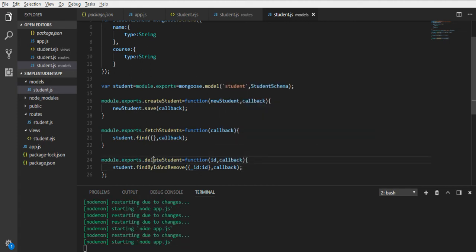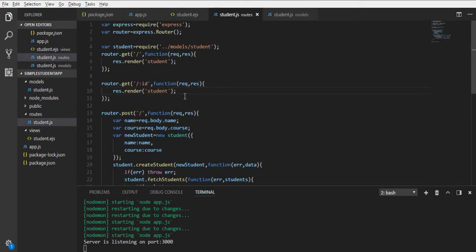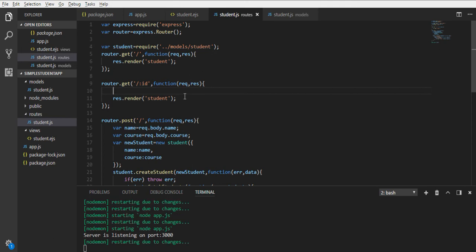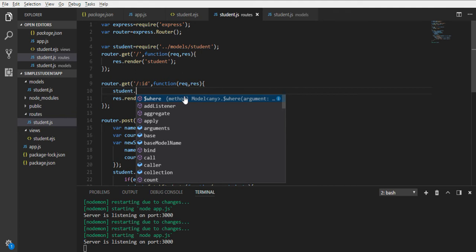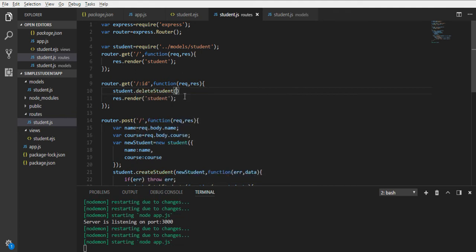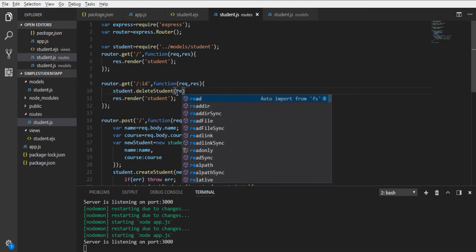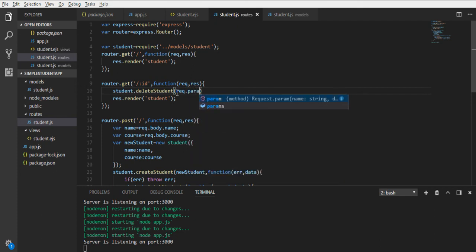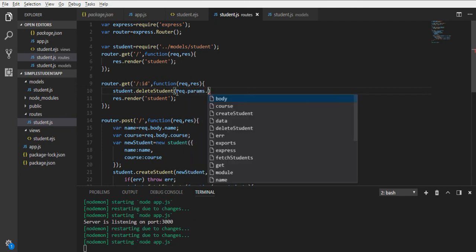We're gonna use this here. We'll need student.deleteStudent, and to delete this student you will pass the ID we have here, so we're gonna pass ID by request.params.id,